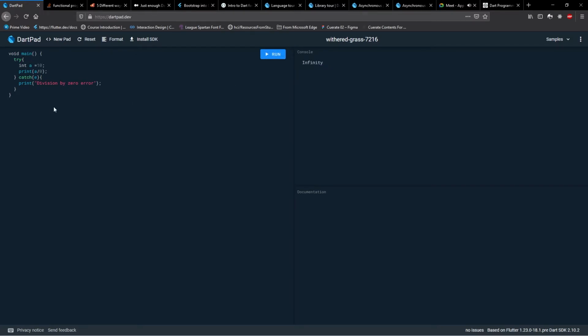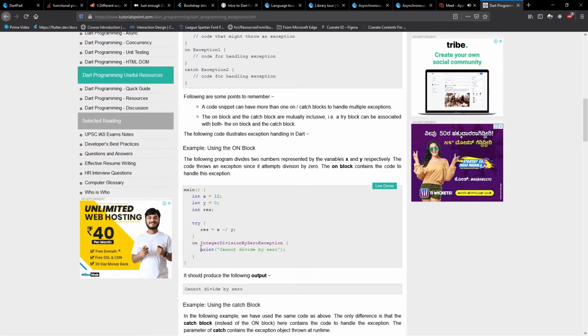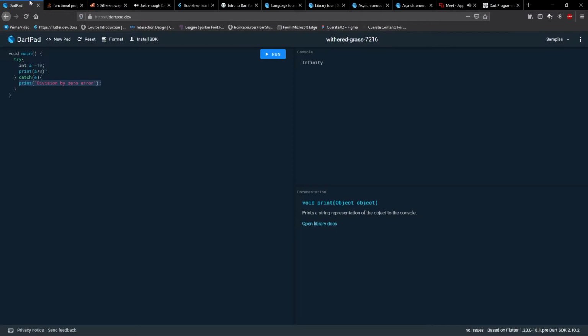Infinity. Are you kidding me? Why are you like this, Dart? In any other programming language this would produce an error and it's going to enter this block, but apparently Dart doesn't want to do it. Let me just copy this then. I give up. Sometimes even me.